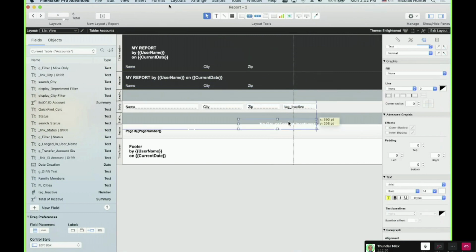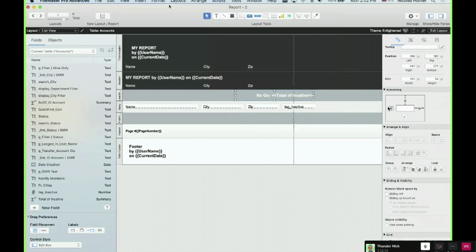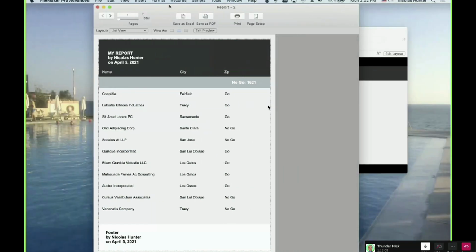Now if I do this, it makes more sense to have something like this. Okay, let's remove this for now, and let's say I have something like this. Go, no go.